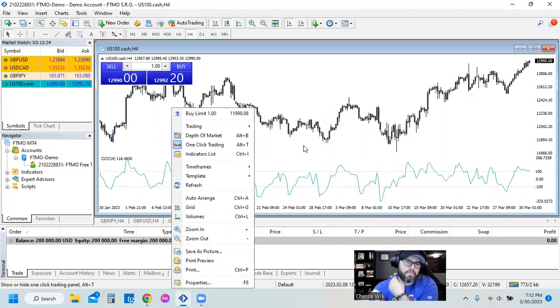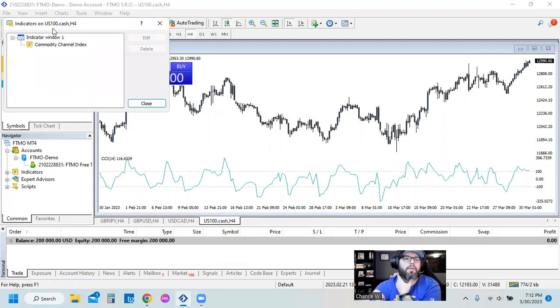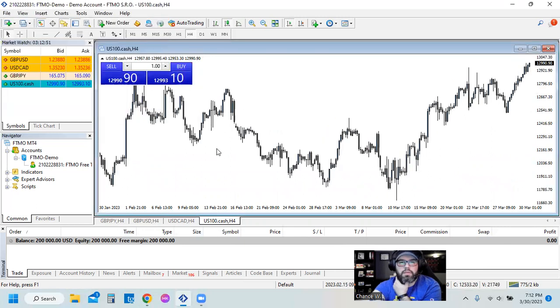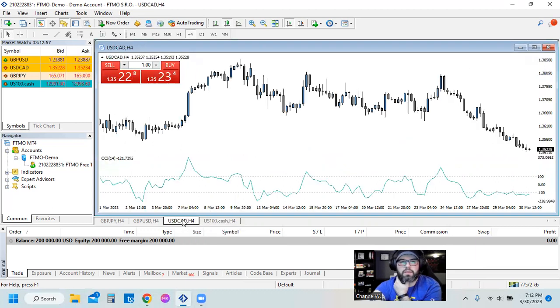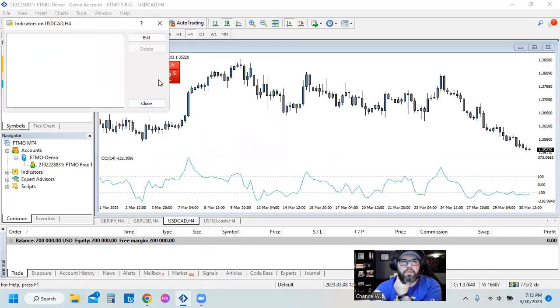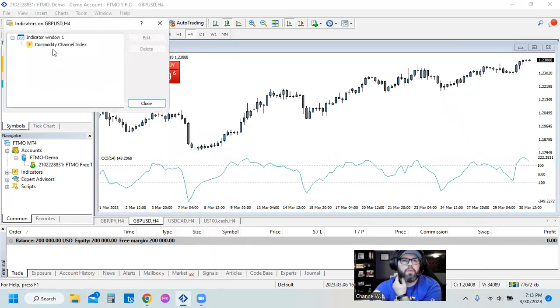Let's go to the indicator list. Now, if you right click and go to the indicator list or Control I, indicator window 1, commodity channel index. I don't want it, so I'm going to delete it. I'm going to close. And then what I could do is resave that as a template, and that way I don't have any oscillators or indicators on there. But I'm just going to go to the indicator list and delete. I'm going to do that for every one of them. Delete